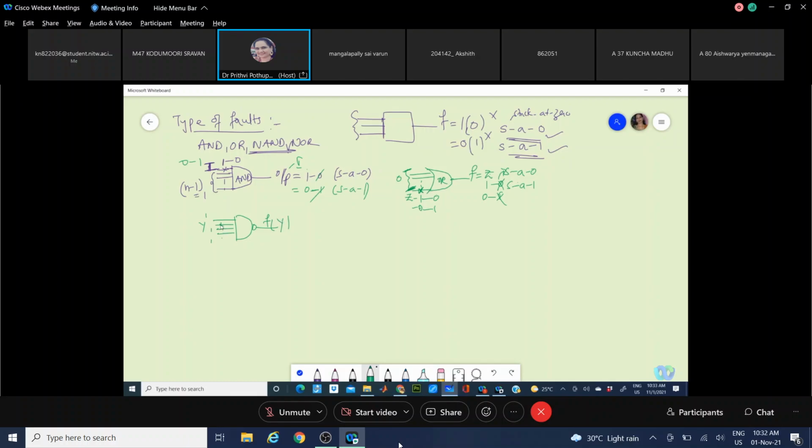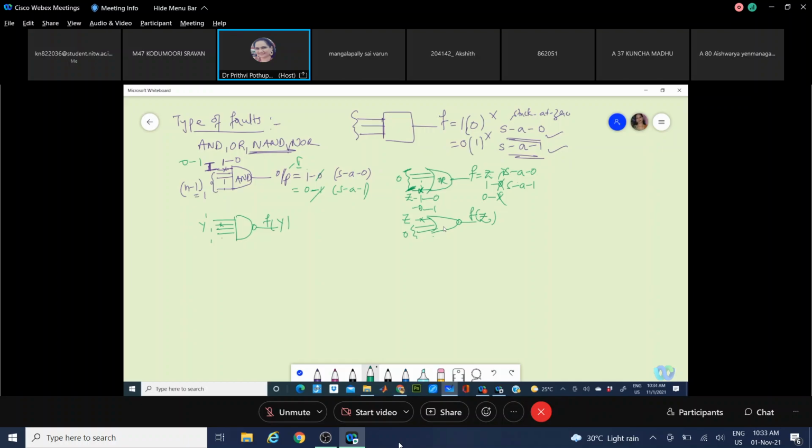You have to tie the opposite value and see the response of the system. For NOR also, the same thing: whatever input line you are testing, make the other inputs 0, then see what your output is. This is how we take a specific logic for deriving the type of fault.